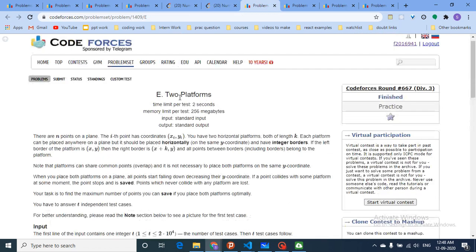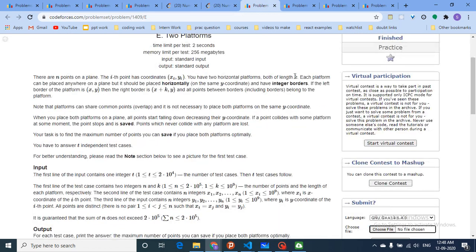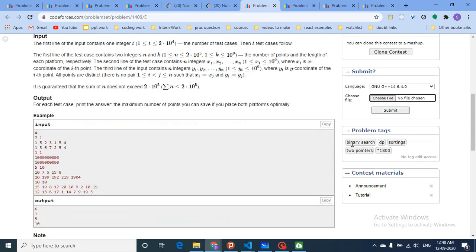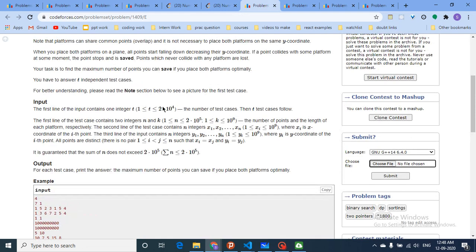Now this is one more question which was asked in the latest Codeforces round. In this, as you can see, test cases are pretty large, n is also pretty large, k is also pretty large. But now what you can see is that it is a binary search, which is n log n. So you can easily see from this that I can only do such a large operation up to 10 to the power 5. What does this mean? It means that I can only do this in O of n or O of n log n. I cannot do this in O of n square or any other way.